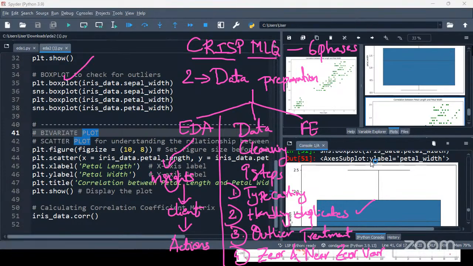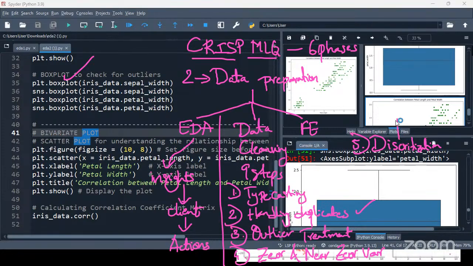Then next to zero and near zero variance, we have discretization. Discretization is also called binning or grouping.